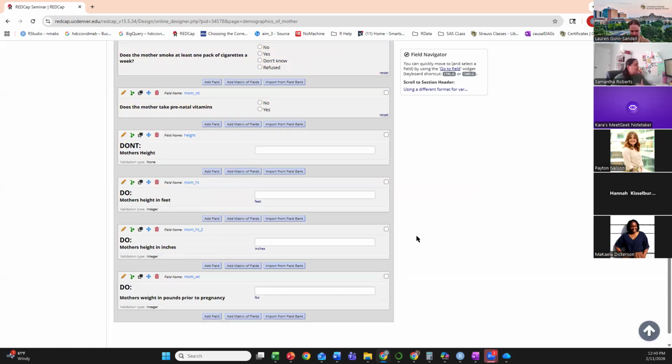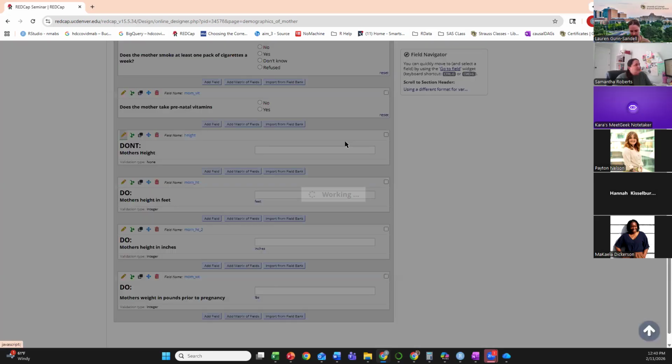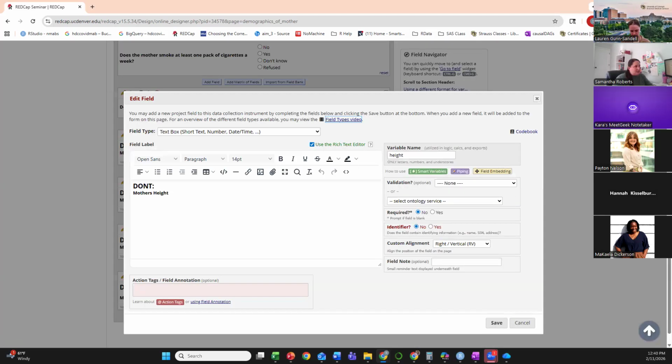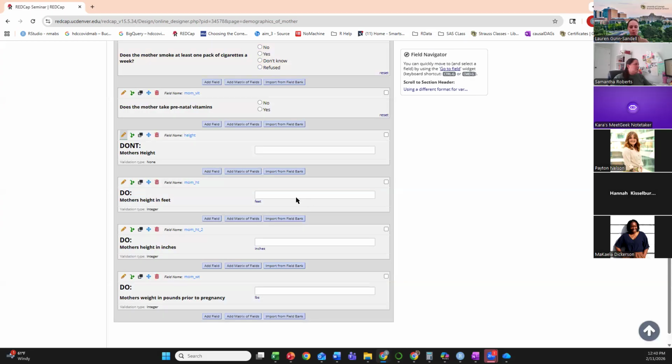So here, I hate this because there's no limitations. I can put in whatever. I didn't put anything in here. And I didn't even tell anybody how to put in the height, what unit I should put in the height. So somebody can do like 5 and 2 inches, right? They could put that in. They could put it in any form, which again makes it really hard to pull it out on the back end